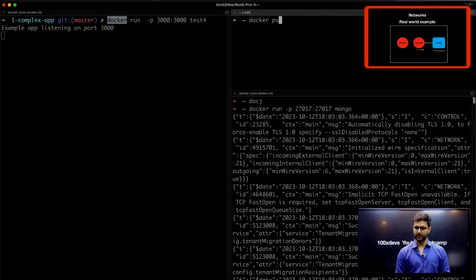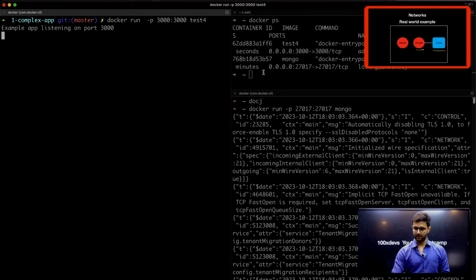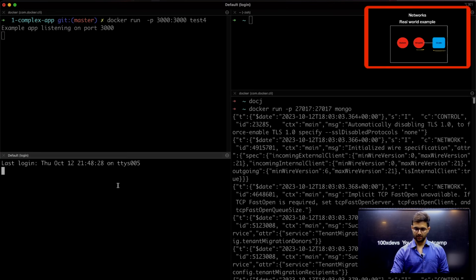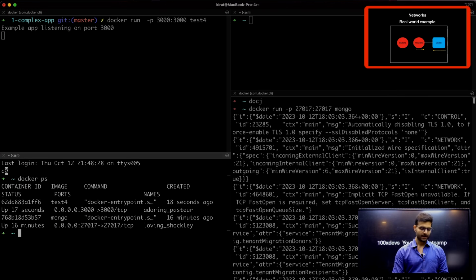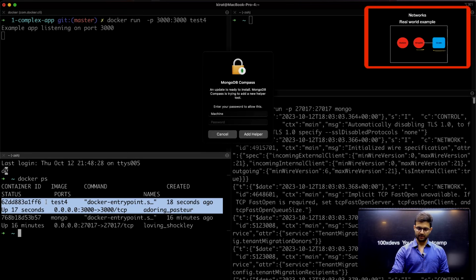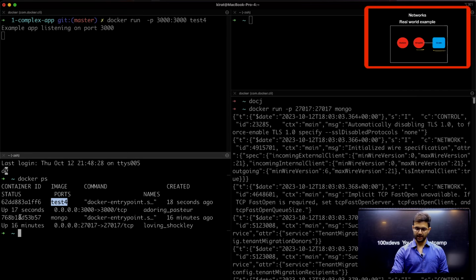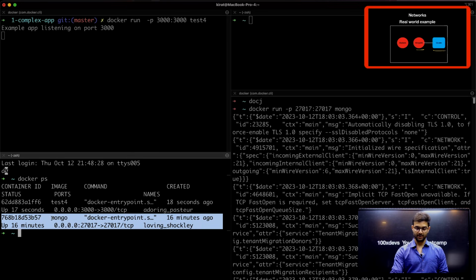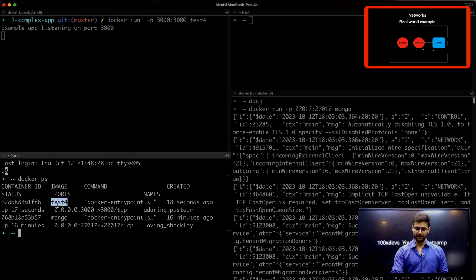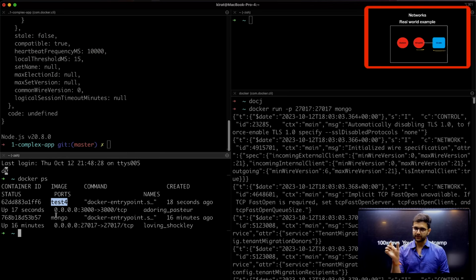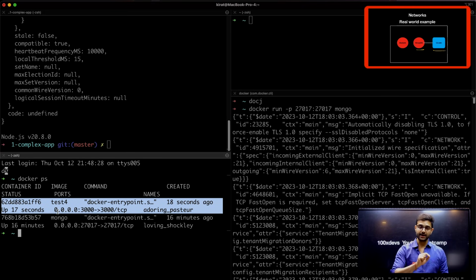How many containers do I have running right now? Let's do it here. I have two containers running, the test4 container and the Mongo container. They cannot talk to each other. More specifically, test4 is trying to connect to localhost:27017, but nothing is running on this container's localhost. Something is running on a different container's localhost, but they cannot really talk to each other until and unless